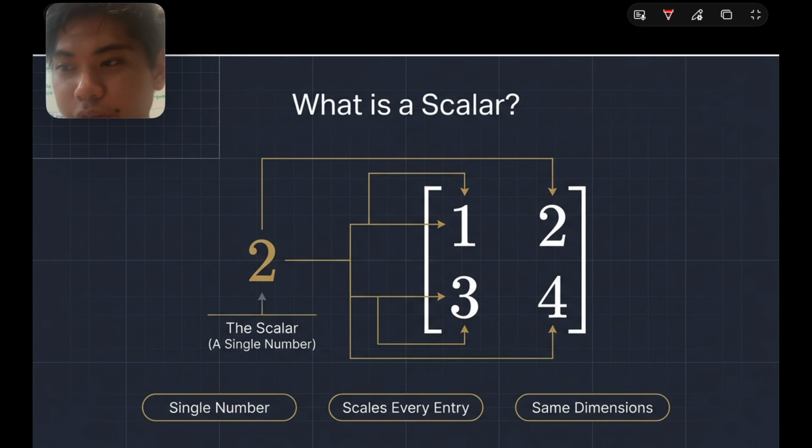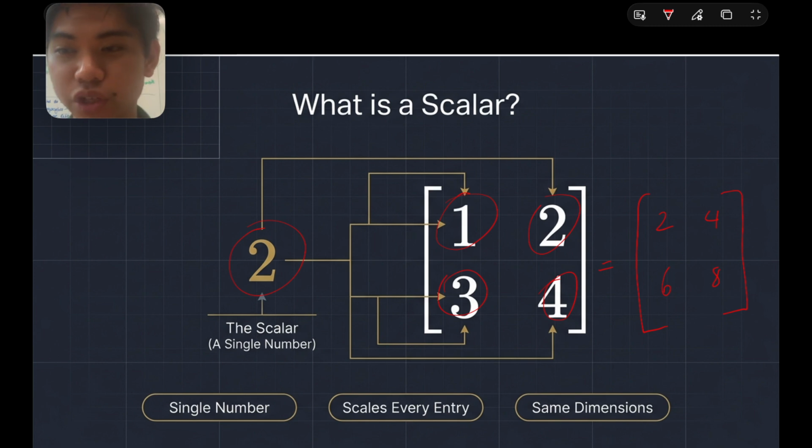So what is a scalar? A scalar is basically a number that we put in front of a matrix and it multiplies every single component in that matrix. Okay, so for example, if we were to put a 2, which is our scalar, as the single number in front of our matrix here, which is 1, 2, 3, 4, a 2 by 2 matrix, then that's going to give us a new matrix, where every component is multiplied by that scalar, which is 2. Okay, so remember, single number, it scales every single entry